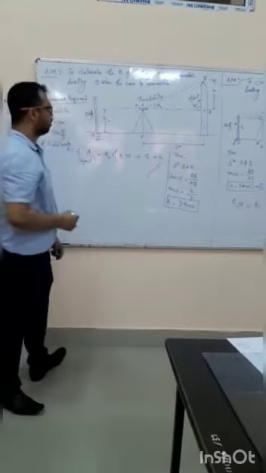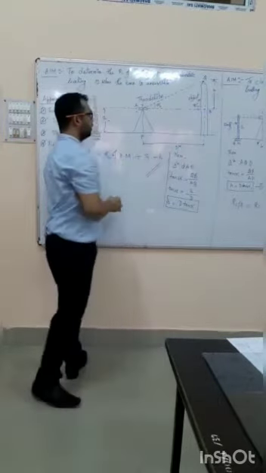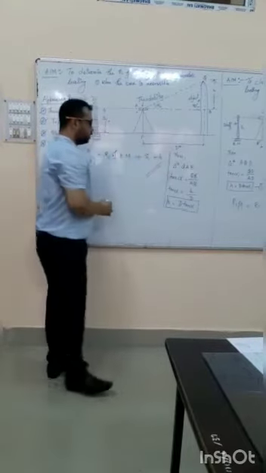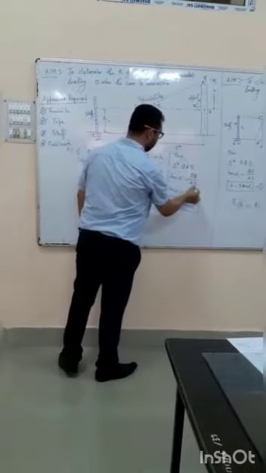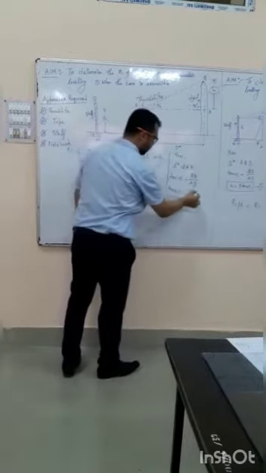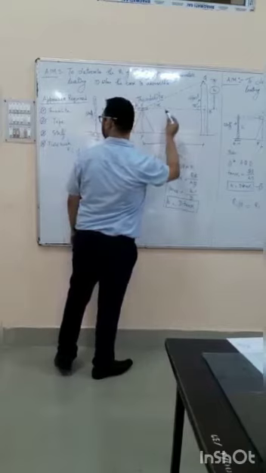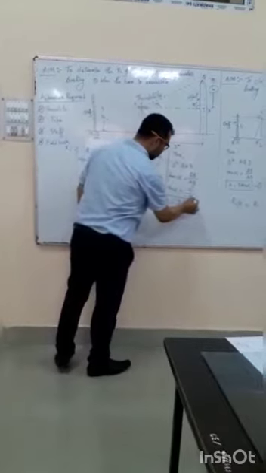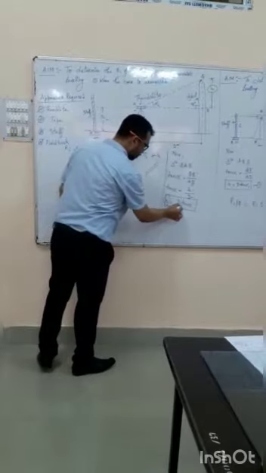Okay. So now we take this triangle Q, B, and A. We take this right-angle triangle, and we take tan alpha. We all know tan alpha is perpendicular by base. So our perpendicular is QB and base is AB. This QB is nothing but what we have denoted by H. So we substitute H in place of QB, and in place of AB is the distance between the instrument and the object, so we substitute D. From this equation we can find the H value: H equals D tan alpha.